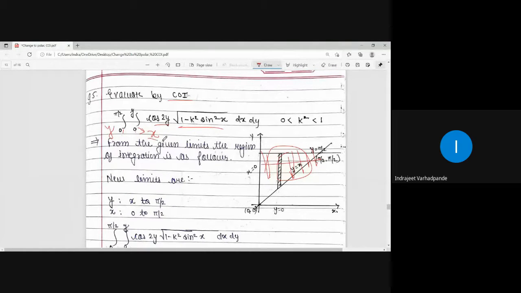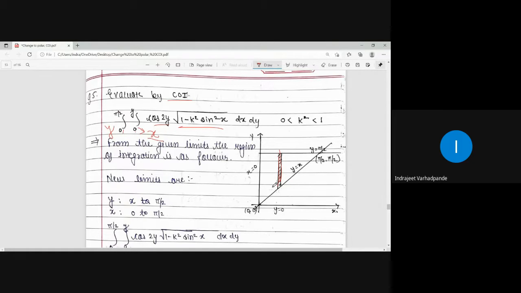As these were the limits for x, originally it would be a horizontal strip, but now I draw the vertical strip for our requirement. So I will be drawing the vertical strip in the given region which is bounded by all these lines. Luckily all are lines here. X is equal to 0 is a line which is a y-axis. X is equal to y is a line passing through origin. Y equal to 0 is a line which represents x-axis. Y is equal to pi by 2 is a line which is parallel to x-axis. So the region bounded by all the lines will be our portion of integration.